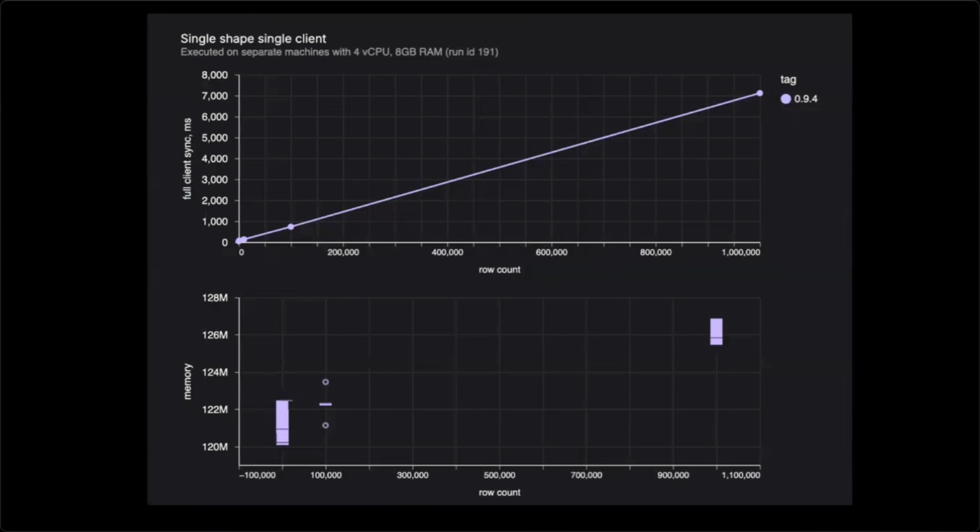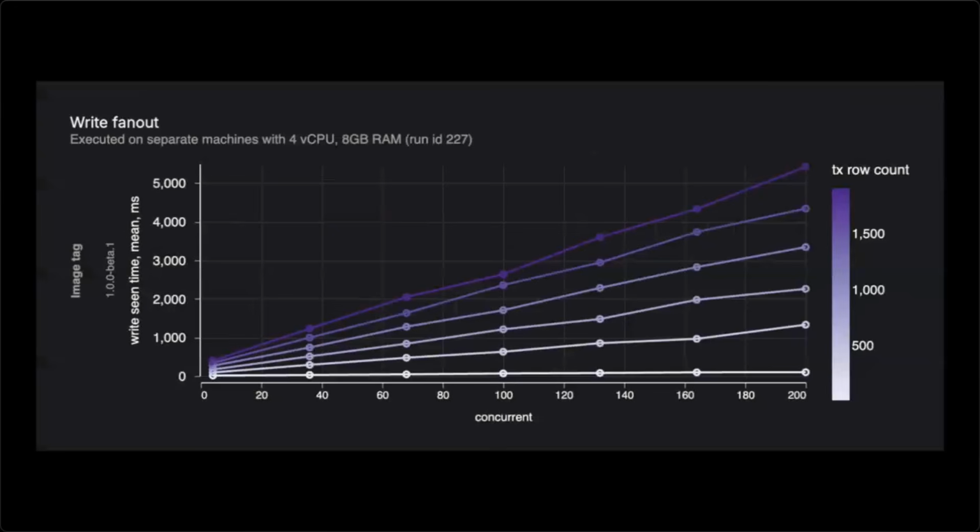So what we've done is try to engineer the system so you don't get this thing where your sync system explodes in memory or any other compute resource when you start to get higher throughput. And instead, we can just handle these things with known flat or linear resource use characteristics.